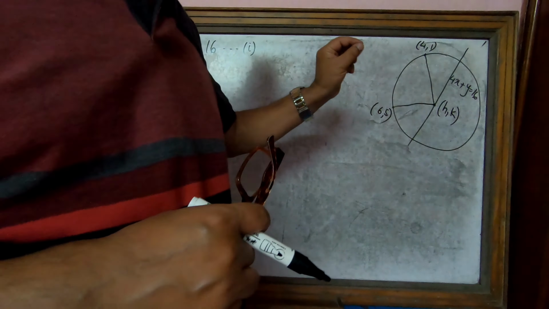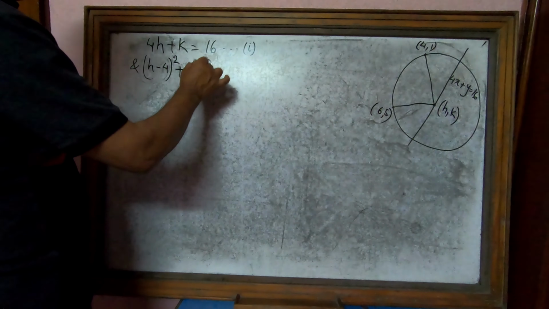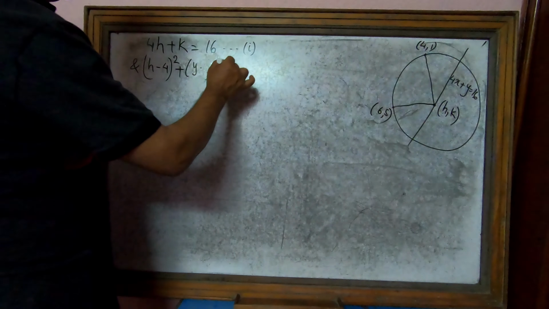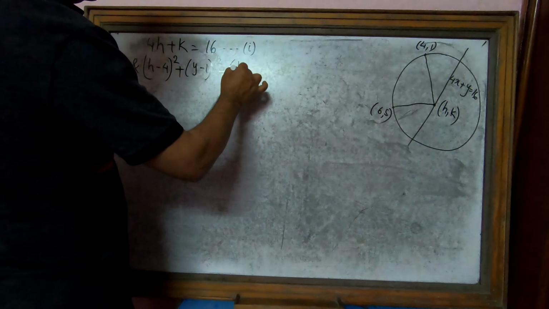In other words, the square of this distance equals the square of this distance, so we don't need the square root sign. I hope you remember the distance formula. The distance formula is h minus 4 whole square plus y minus 1 whole square equals h minus 6